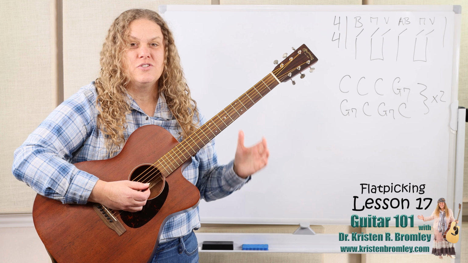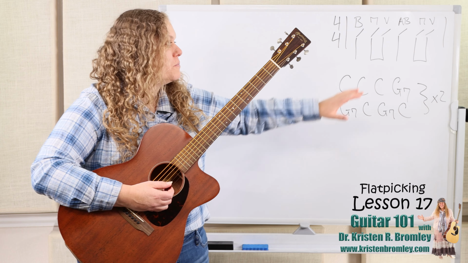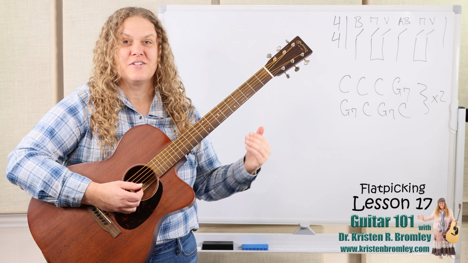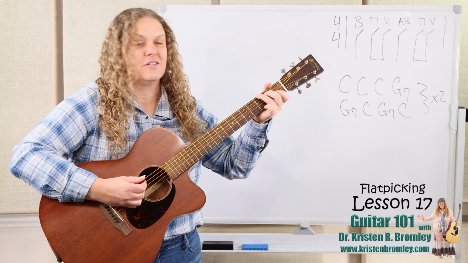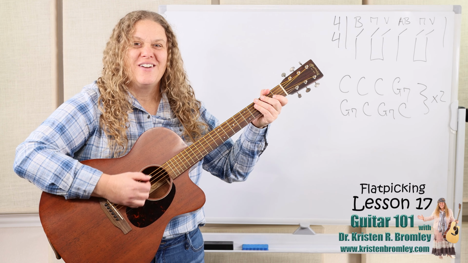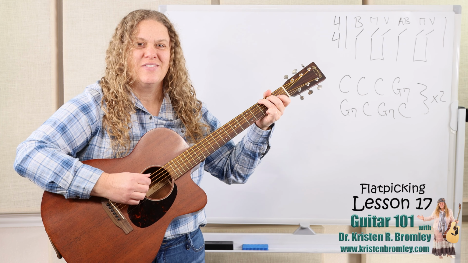So we'll do 2 measures on G, and that second measure for beats 3 and 4 we'll do the walk up, and then for C we'll do 2 measures. In that second measure we'll do the walk back down to G. So here you go. 1, 2, ready, and we got G,